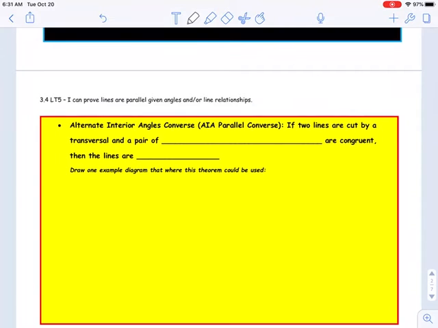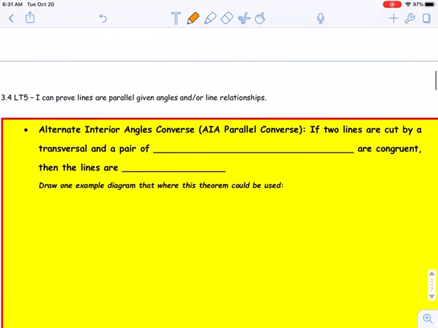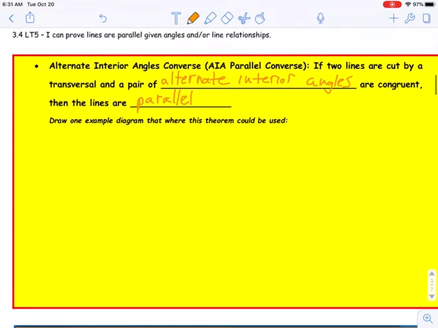Alternate interior angles converse, the AIA parallel converse. If two lines are cut by a transversal and a pair of alternate interior angles are congruent, then the lines are parallel. So again, what does this mean? We're saying if,